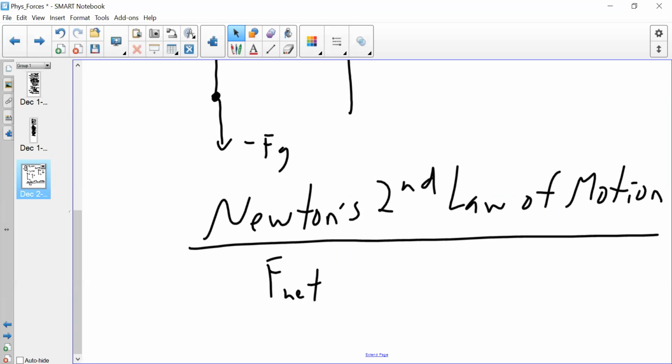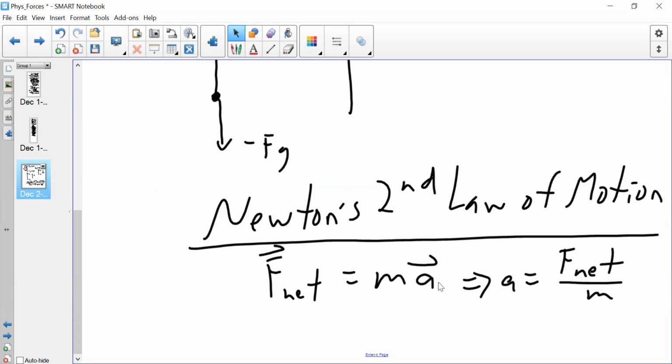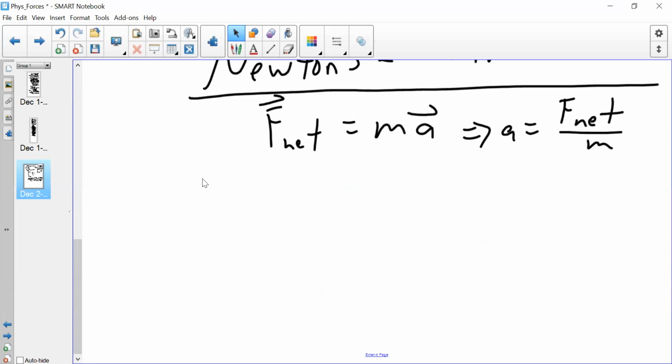There's a technical way of describing this, but I'm just going to give the equation. F net equals mass times acceleration, which means, and then if we solve for acceleration here, just doing a little algebra, I'm solving for the unknown. I'm solving for a, and I'll divide both sides by m, and I get this equation, a equals F net over m, which basically means that